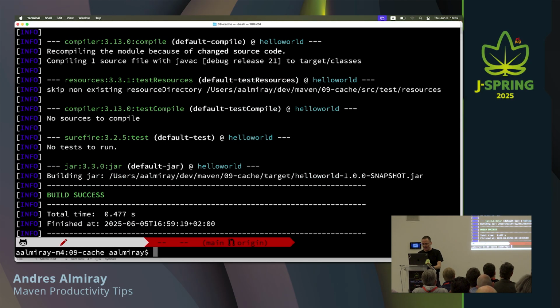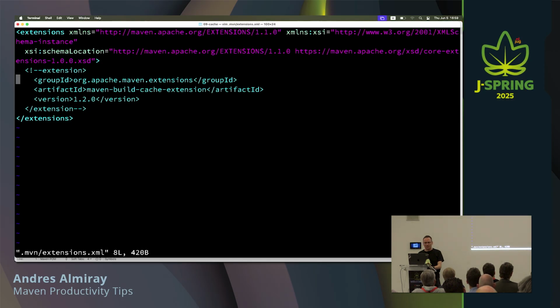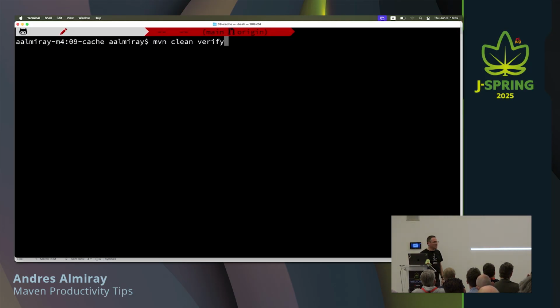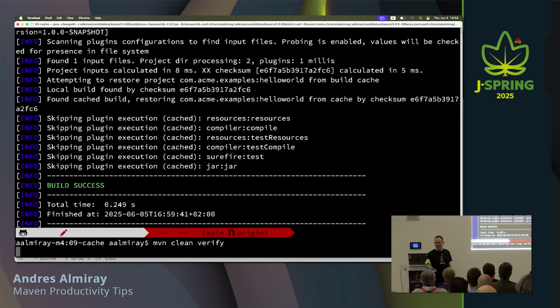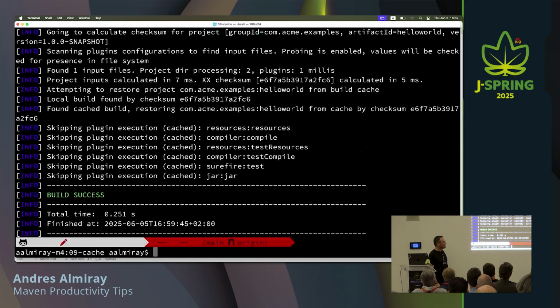Now, let's activate the cache like this. And let's run the build once. Okay, a bit faster. Let's do it again. And again. And again. And it's skipping all that because it's already cached. So your builds become much, much faster. There is a way, and this only works on your local environment. If you want to have a remote cache, there is a way to configure the extension. It's a little bit more elaborate. That's why I didn't show it, but it's possible to do it.